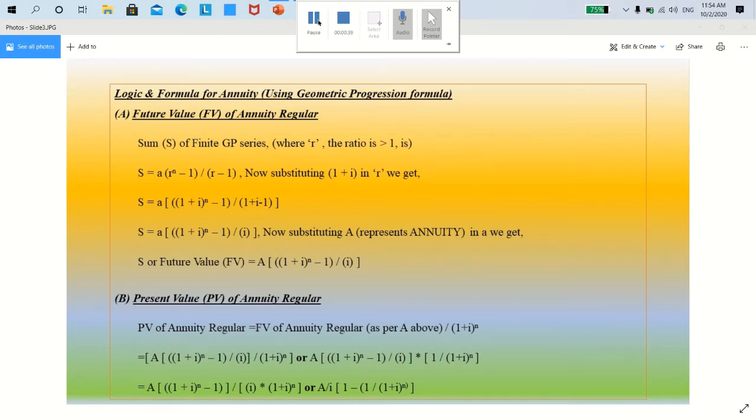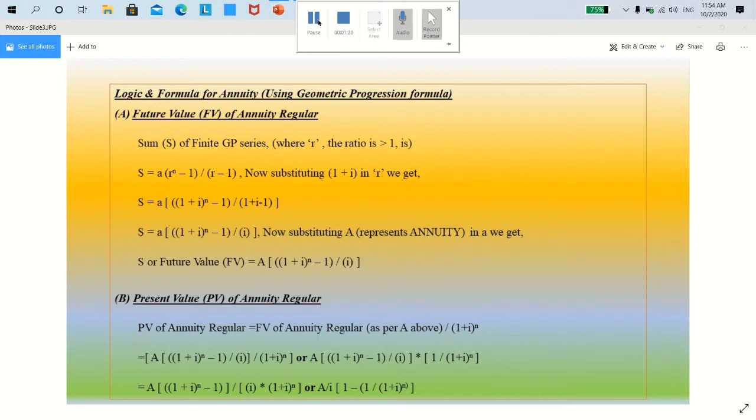Well, I would be mentioning to you in the subsequent sessions as well about an Excel file where I would be discussing at length about two different methods of calculating the final value with respect to either future value of annuity regular or present value of annuity regular, and similarly for annuity due or immediate plans as well. One method will deal with the long method, okay, and the other one will be kind of the shortcut or using the formula, which saves a lot of time and effort.